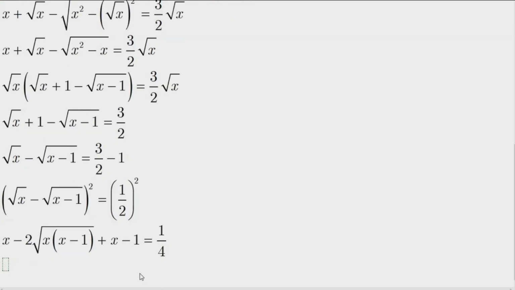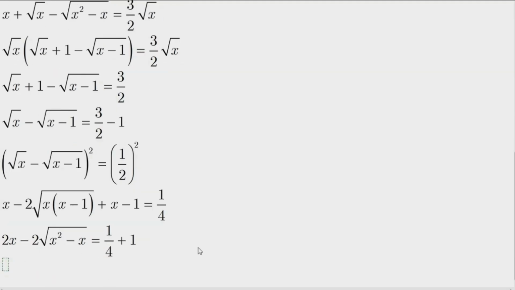Okay, so now x plus x equals x minus 2 square root of x squared minus x. Alright, we move minus 1 to the right hand side of the equations,